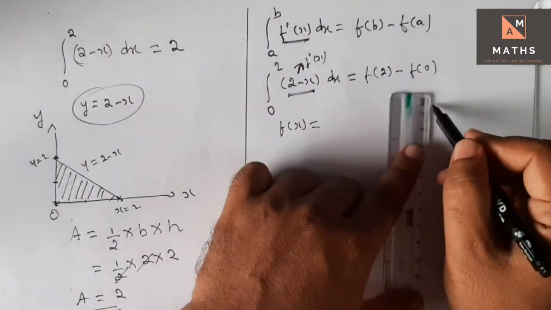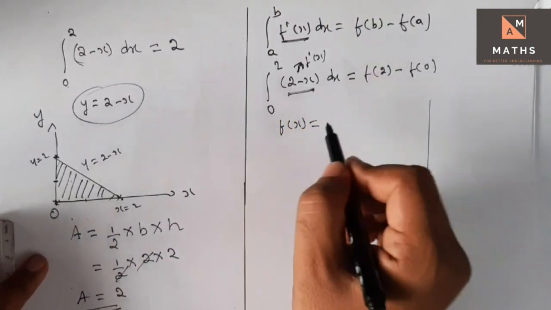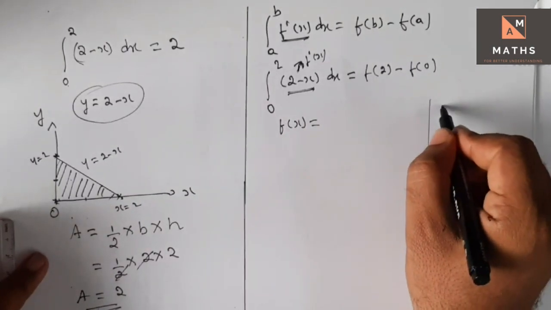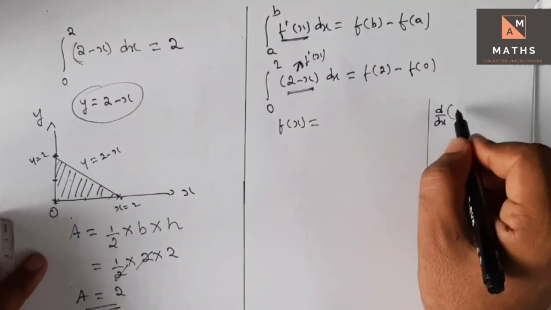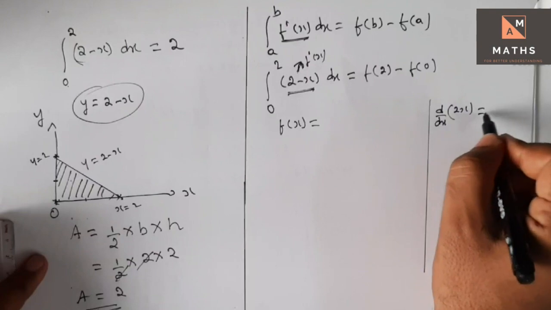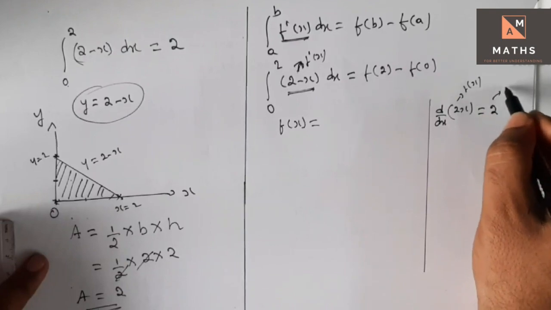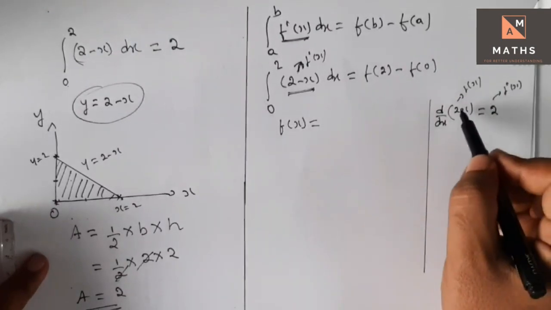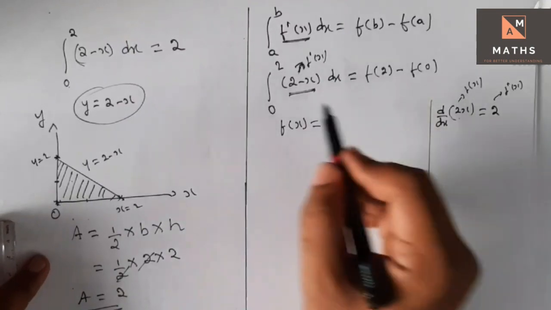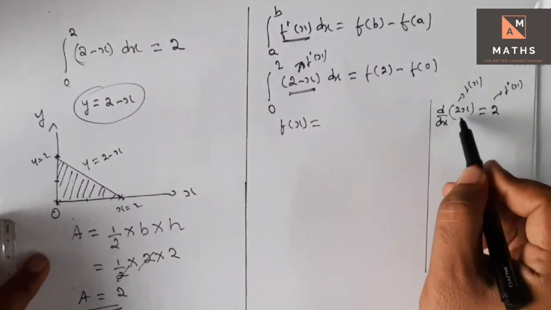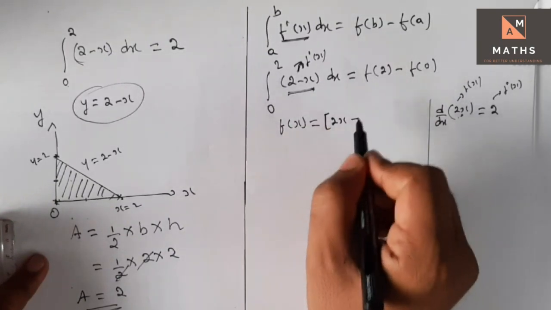Okay, so we know that here we have to find the integral of 2. Integration of 2 is what we have to find here. Which function, if you differentiate, we are going to get 2? We know that if you differentiate 2x with respect to x we are getting 2. So this is f of x and this is nothing but f dash of x. So the derivative of 2x is 2, which means the integration of 2 is 2x. So here f dash of x is 2, its integration is f of x, that is 2x. So f of x is equal to 2x, then minus,